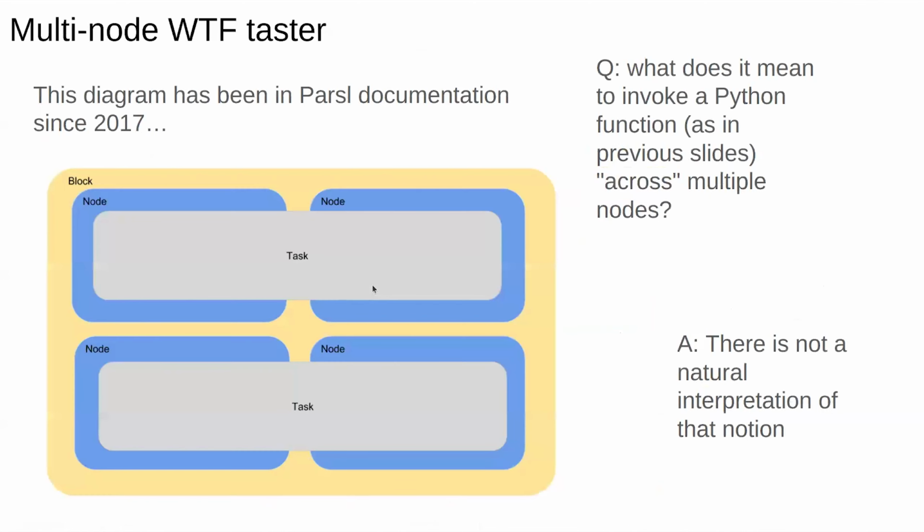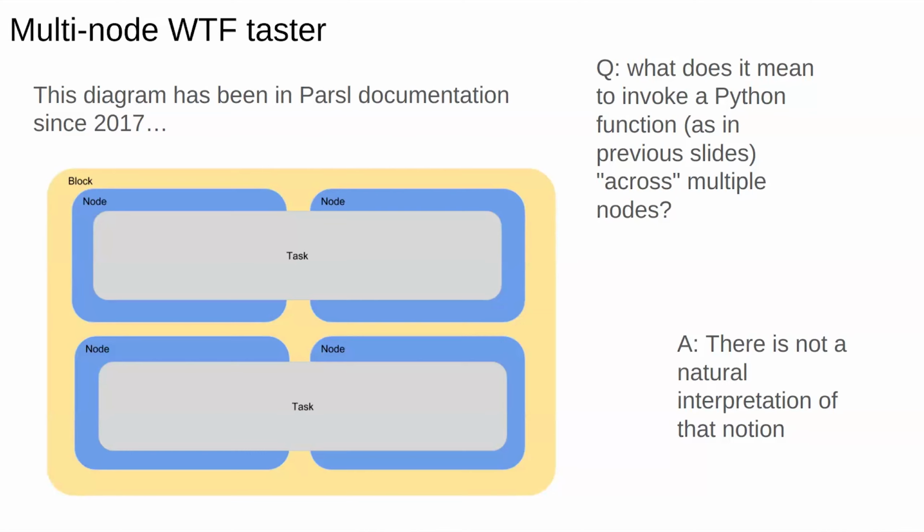Okay, so that's the Python task model. It's basically run this Python function, nothing else. Here's a diagram that's been in our Parsl documentation since 2017. No one will remove it. And it shows a task, which I've just told you what a task is. It's a Python function